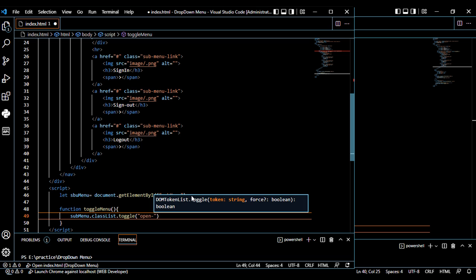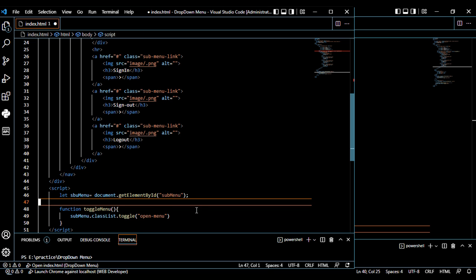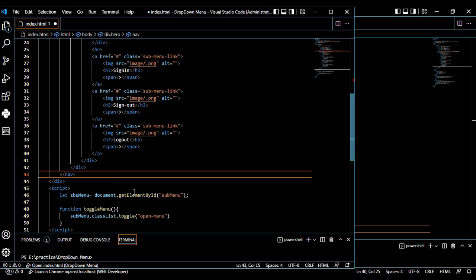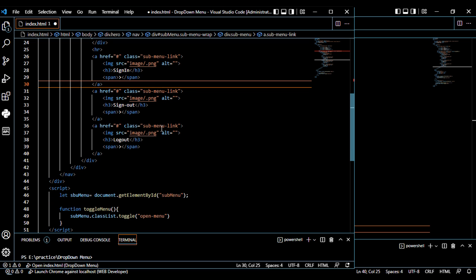For this one, open-menu. It is a script we just make for this one, should be translated and should be transferred inside and we can design it by CSS